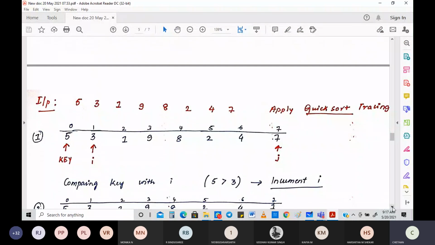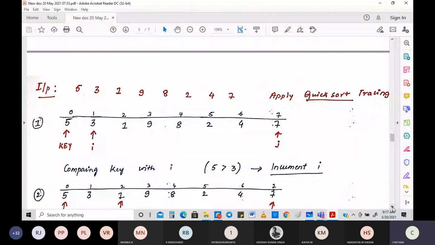Let's go for the next one. Now I is pointing to 2. In an exam, you don't have to write stepwise like this. You can do it like you see in the notes, but that is not something I like, because people will always get confused if I skip one or two steps. This is the more detailed version, for understanding.